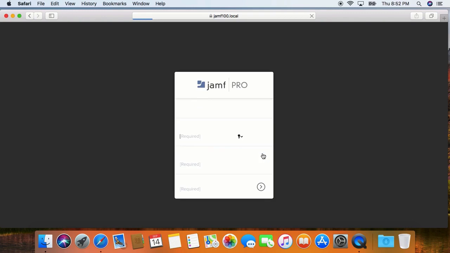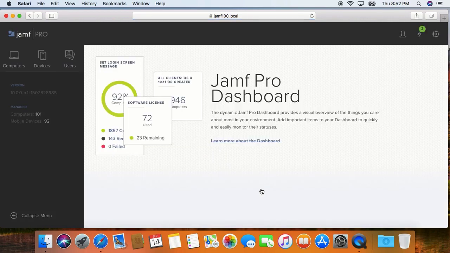When I do so, I will be prompted to change my password. Again, that's because we selected that option earlier when we created the intern account. I'll enter in my existing password, then enter in my new password. Once I'm inside Jamf Pro, I'm going to return back to the Jamf users, the settings where we actually created